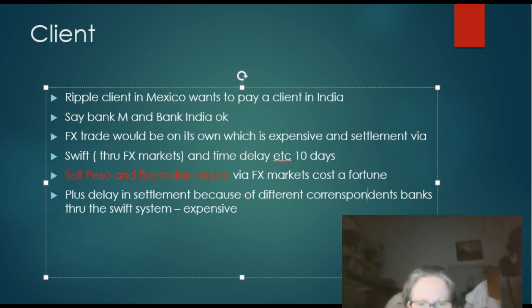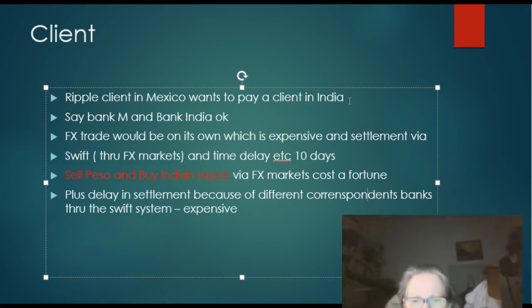Because I'm in Mexico and this has got to go to an Indian bank through the SWIFT process, SWIFT may have to use other correspondent banks. They just can't directly go from the Mexican bank to the Indian bank because they may not have a connection to the Indian bank. SWIFT operates on behalf of 11,000 banks globally, but the total banks in the world are 48,000. You see what I'm saying?